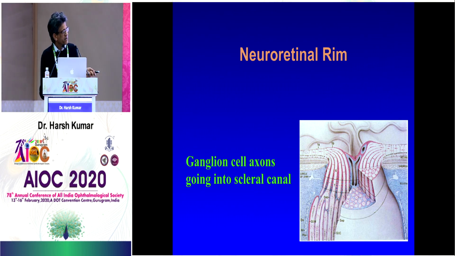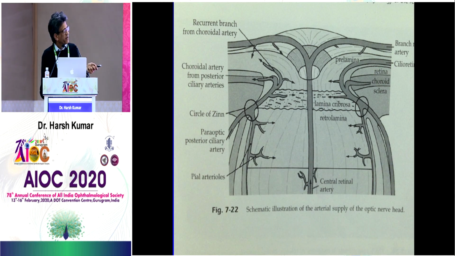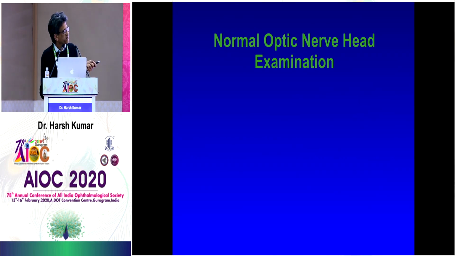And what is the disc? Basically, it's a collection of axons coming from the ganglion cells. All these get bound down in bundles, passing through collagen fibers and forming the scleral canal. The fibers from the macula come straight in, those from the temporal side arch, and those from the nasal side again come straight in. Then they pass through the lamina cribrosa. When the pressure rises, the lamina cribrosa bends, and mechanical or vascular factors result in damage to these fibers, and then we have the classical field defects.